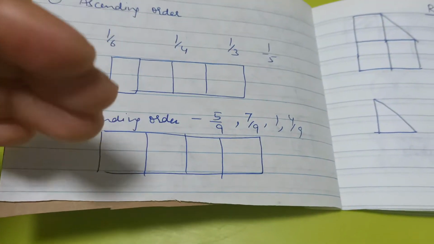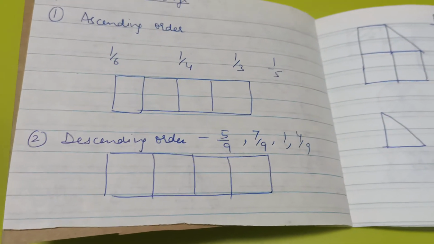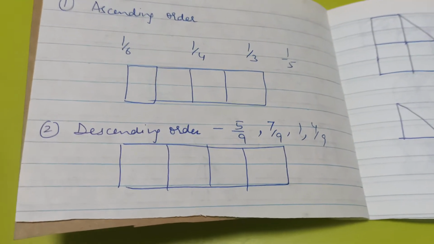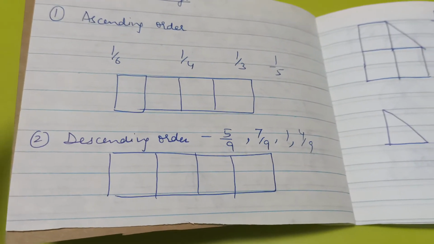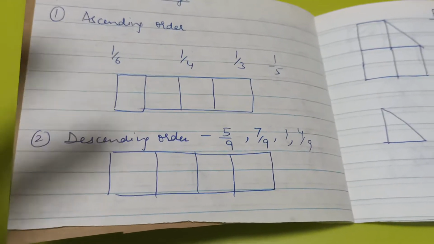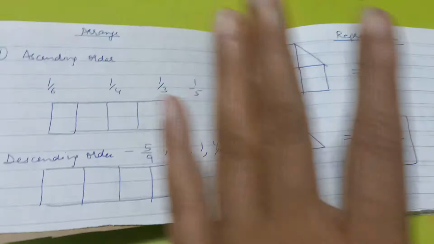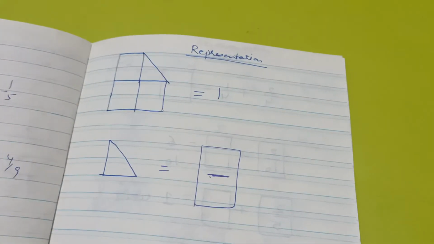So this is based on the representation concept. If my child has got the representation, she would be able to do these things. In one of the busy books she was able to do this ascending descending order, so I'm going to test it again, to see if she is confident and whether we can move to further topics. In this one there are many topics which I think would be hard for her, but I just want to know her understanding.